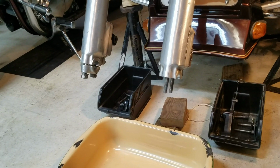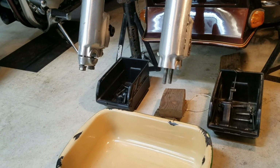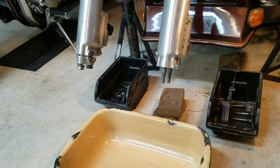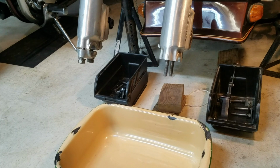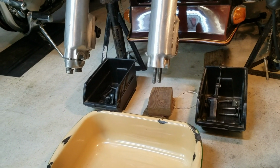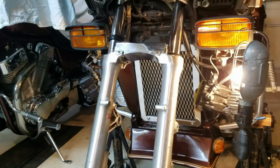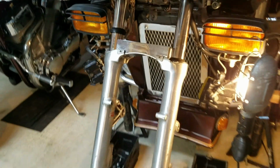Heard different ways to get it out. Guess the best is an impact wrench. They put Loctite on that at the factory, so if it's never been apart before, it might be a little tricky getting it out. So I'm going to use an impact wrench and see if I can get them out of there. And we'll get the fluid drained out, and then get that cross support off. Alright,